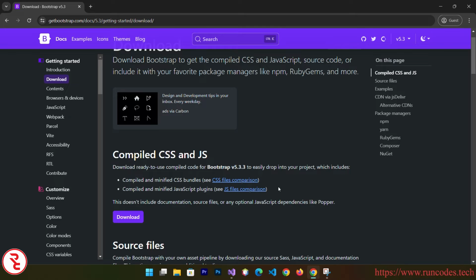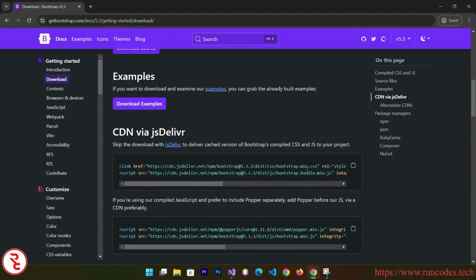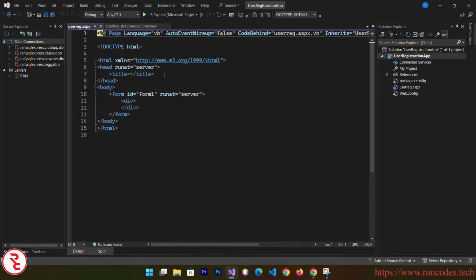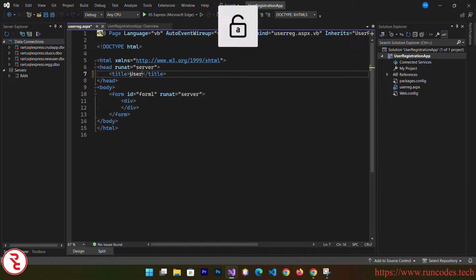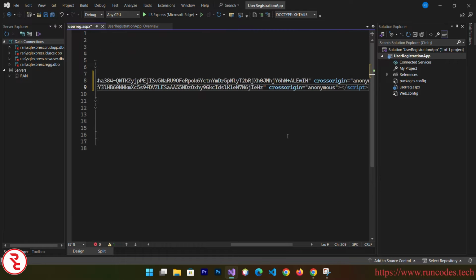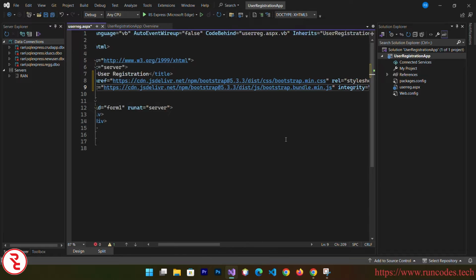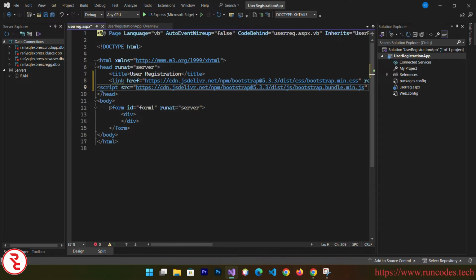So for that we need some kind of connection. So here copy that CDN link, go back, and inside the head first give title here user registration, and inside that head paste that,